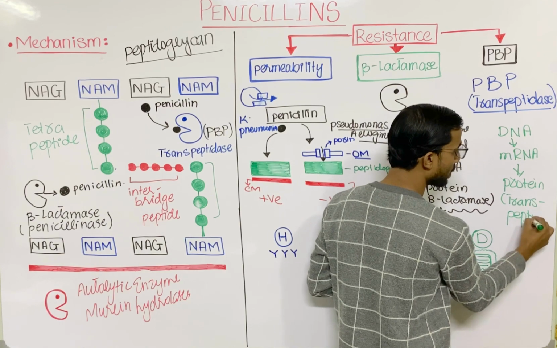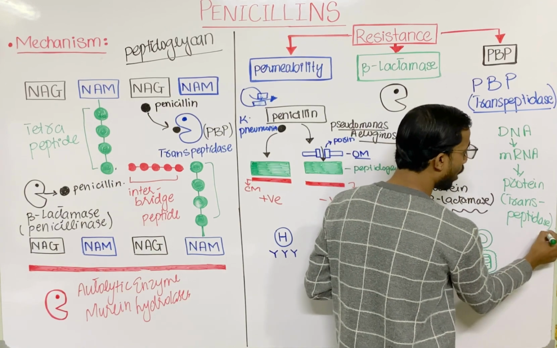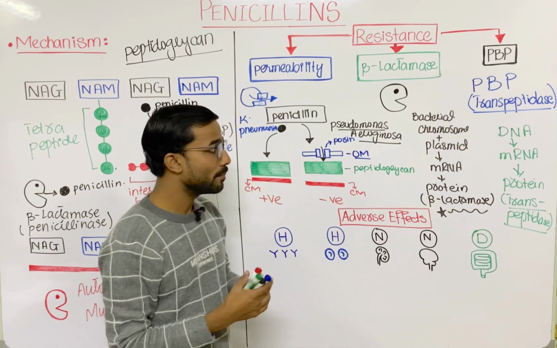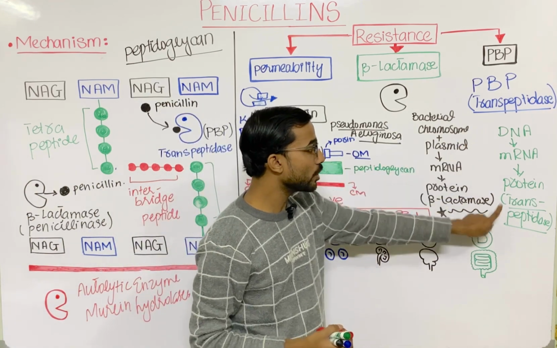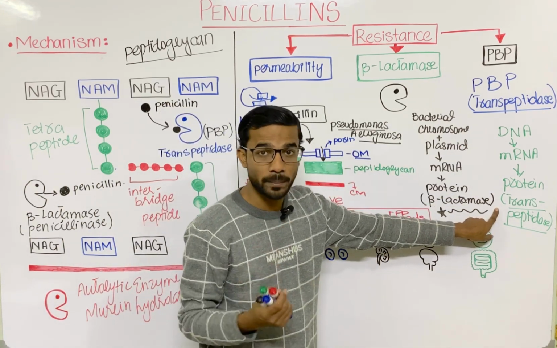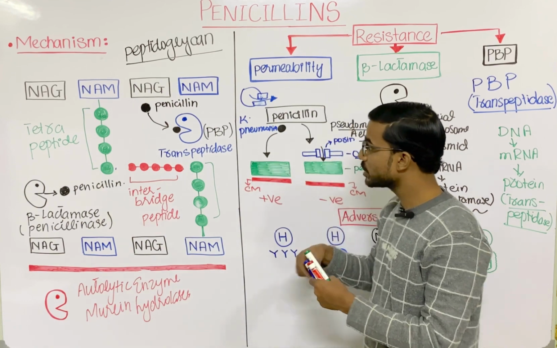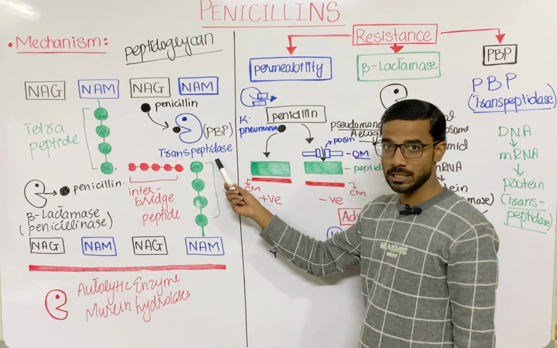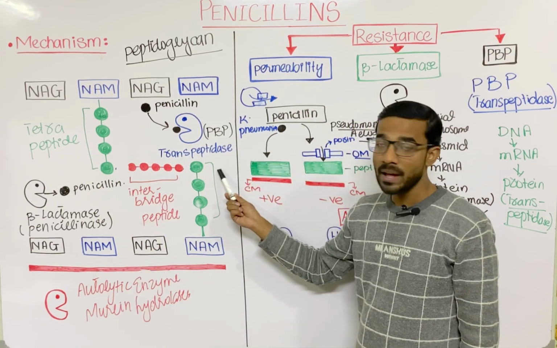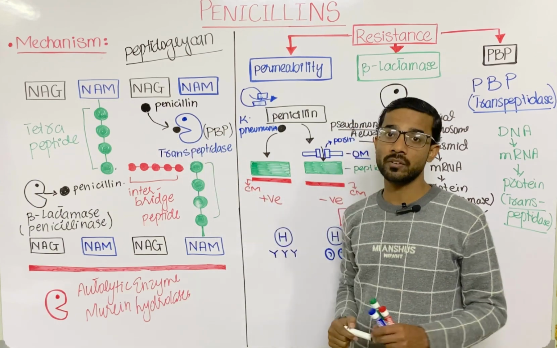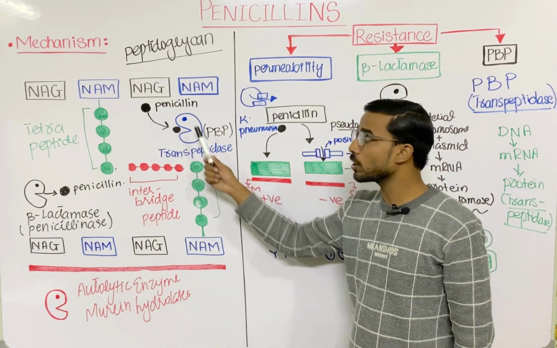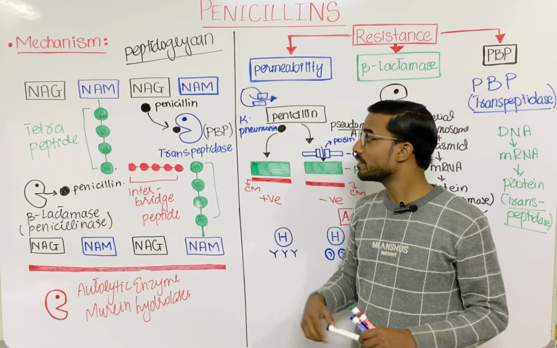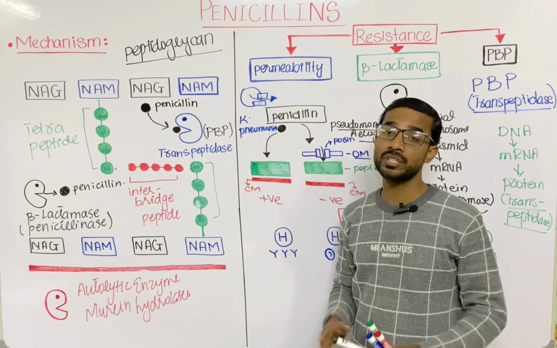is actually a protein. Now if the bacteria make some changes in the DNA, then you will see changes in the transpeptidase. When you see changes in the transpeptidase, the penicillin binding proteins, then penicillin will not bind to the transpeptidase. When there is no binding of penicillin to the transpeptidase, then there is no inhibition of that